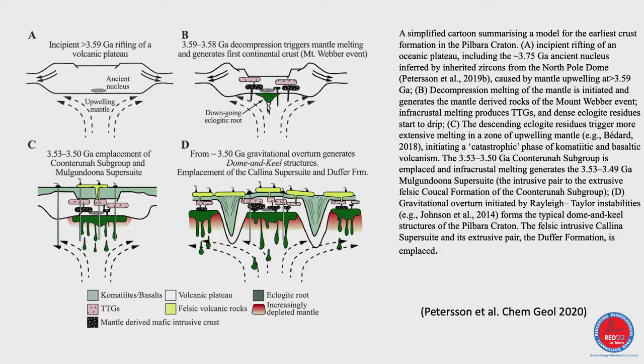And upwelling mantle is an excellent environment to melt the mantle. So now what we may expect next is intensive mantle melting. And the melts, they are going up. And if you melt the mantle, you may expect mafic or ultramafic melts. So we may have first magmatic bodies of mafic composition, and if we melt these mafic bodies, we will have first TTGs